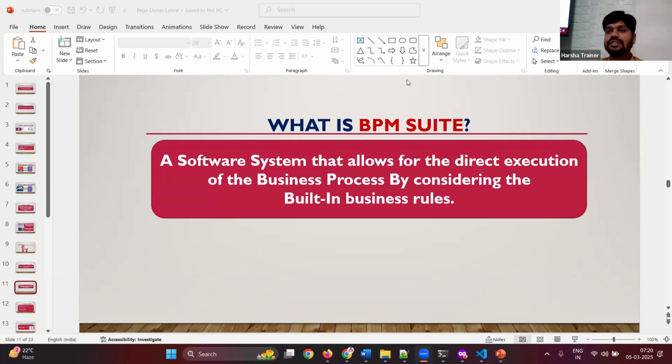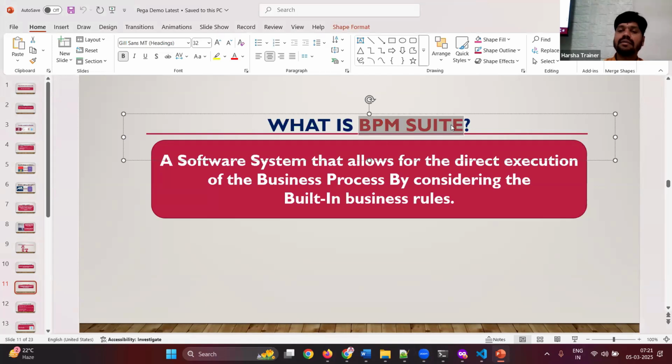You develop applications using one environment. If you want to develop applications using Java, use the Eclipse environment. If you want to develop applications using .NET, you would use the Microsoft Visual Studio environment. Like this, for every technology, you use one environment. In the same way, in BPM, if you want to develop business process management applications,